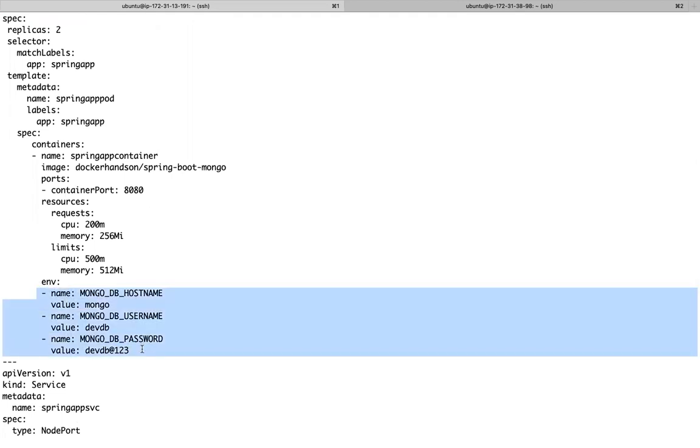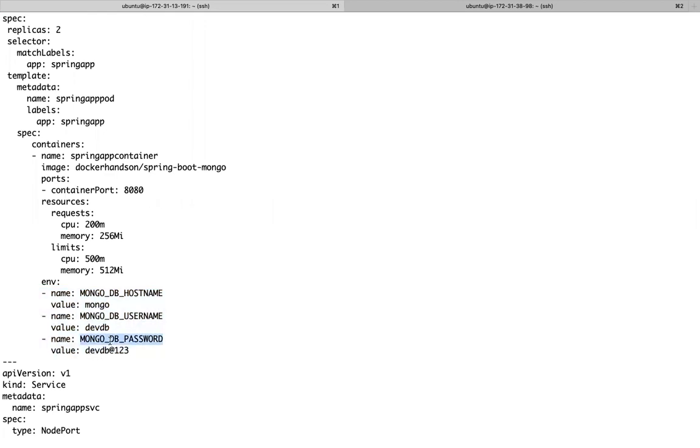These usernames and passwords are confidential information. Can we check in this confidential information as is, in a human readable format?